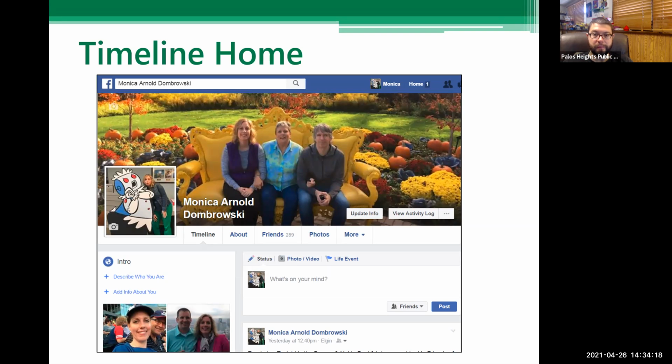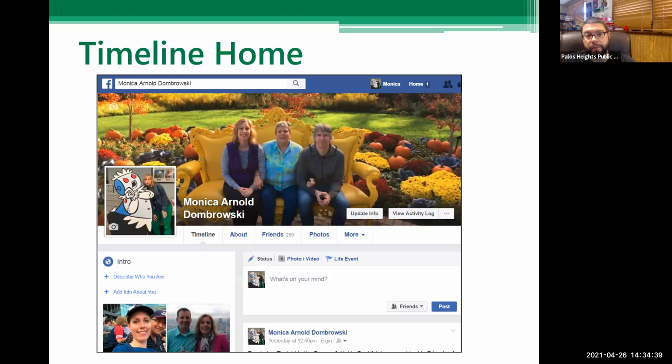All of these are using the old user interface because nothing much has changed. So you can see here, this is what it looks like if someone goes to your profile or you go to your profile. It shows the little square picture is your profile picture.